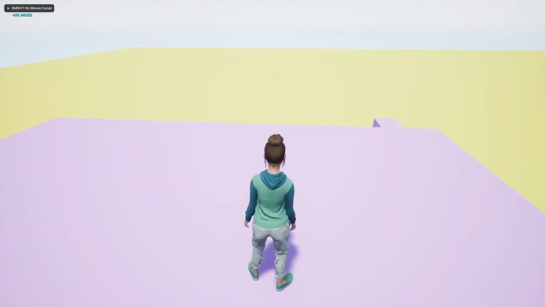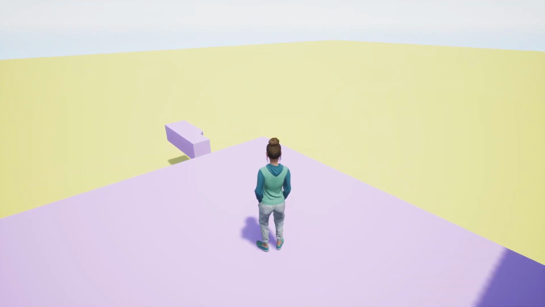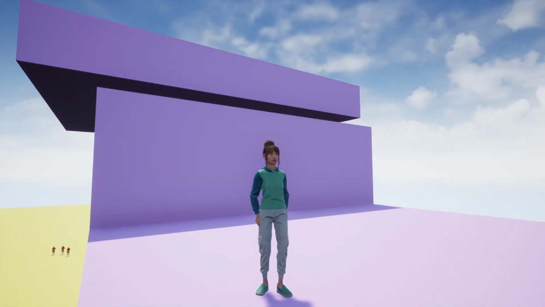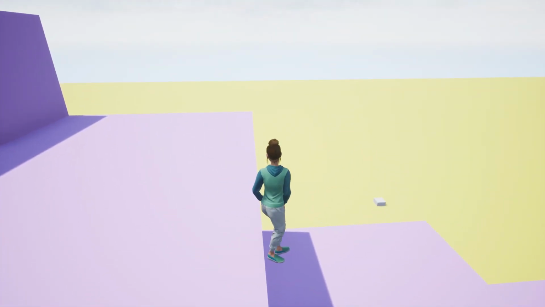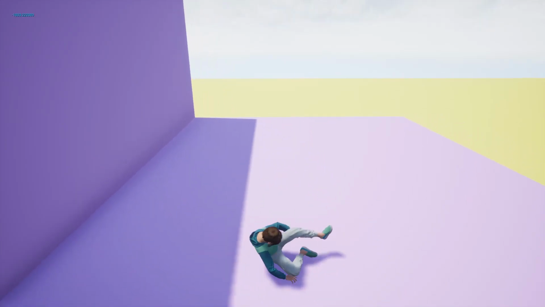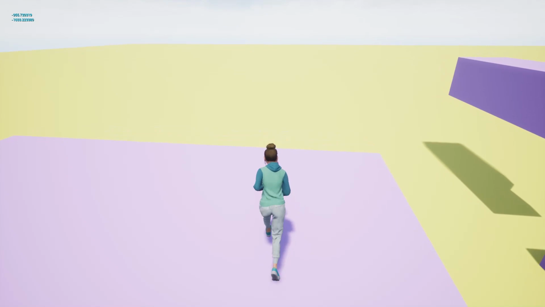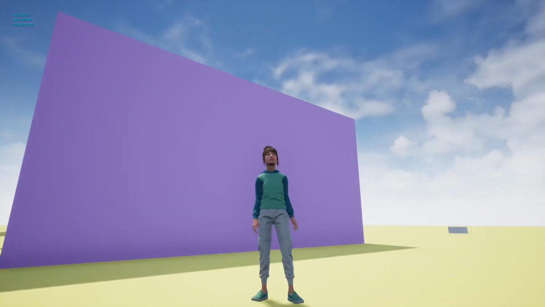Hello everyone. So today I'm gonna implement the Rootmotion based locomotion system I have already implemented on a metahuman character. So this is the metahuman character I have used, and here I have added the Rootmotion based locomotion